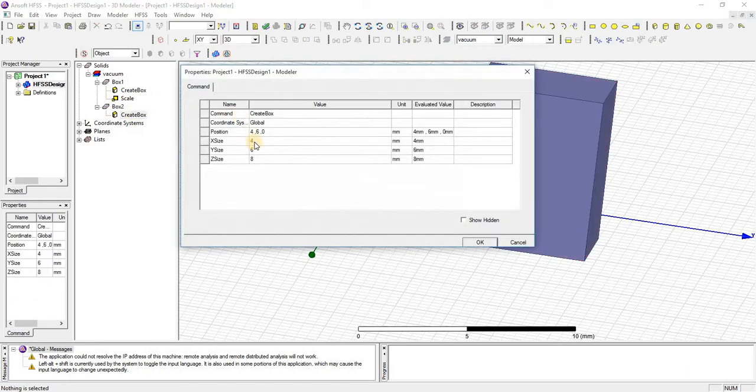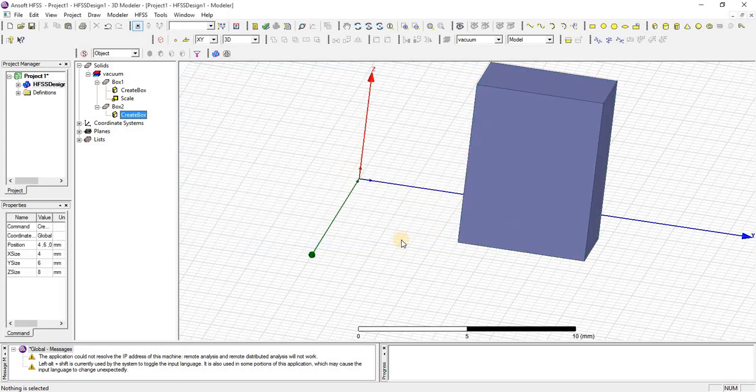X was chosen 2, multiplied with 2, gives 4, and y was chosen 3, multiplied with 2, becomes 6, and the position values were already 0 and remain zeros. Similarly on the size, 2 multiplied by 2 is 4, 3 multiplied by 2 is 6, and 4 multiplied by 2 becomes 8. This is the basic concept of the scale command.